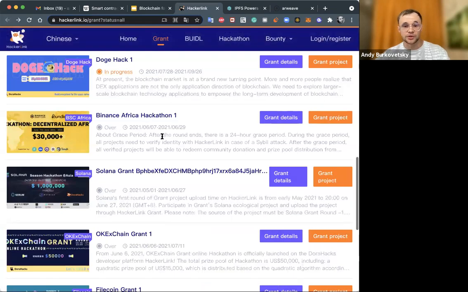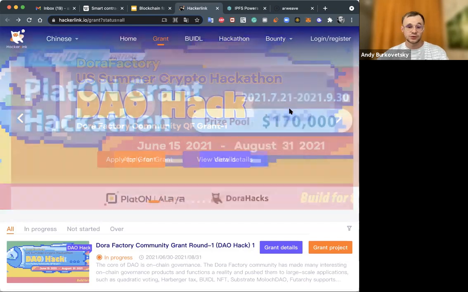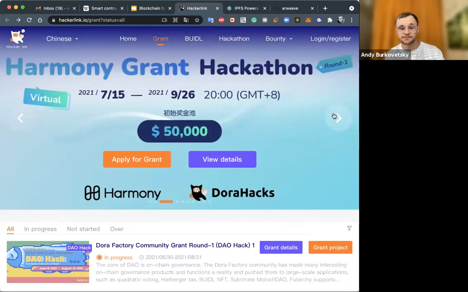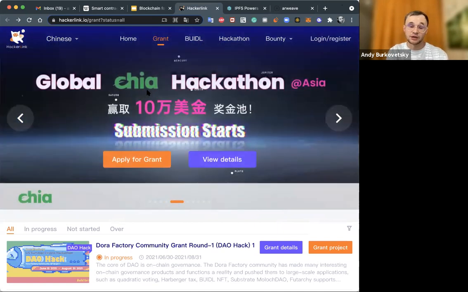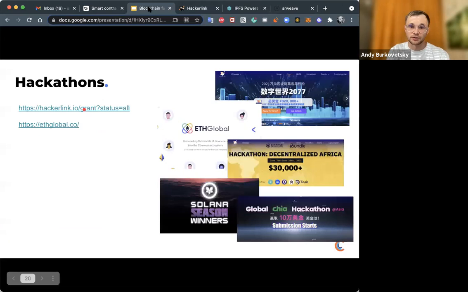Besides money, of course, you get real experience of building something that could be used in real life. And also you will build some relations with other people, other participants. I used to participate in a few hackathons, one from Solana and one from Binance, with my friend, an ex-colleague from Logica company. We even got some grants from Binance and Rarible auction. It was pretty fun, and I got a lot of connections.